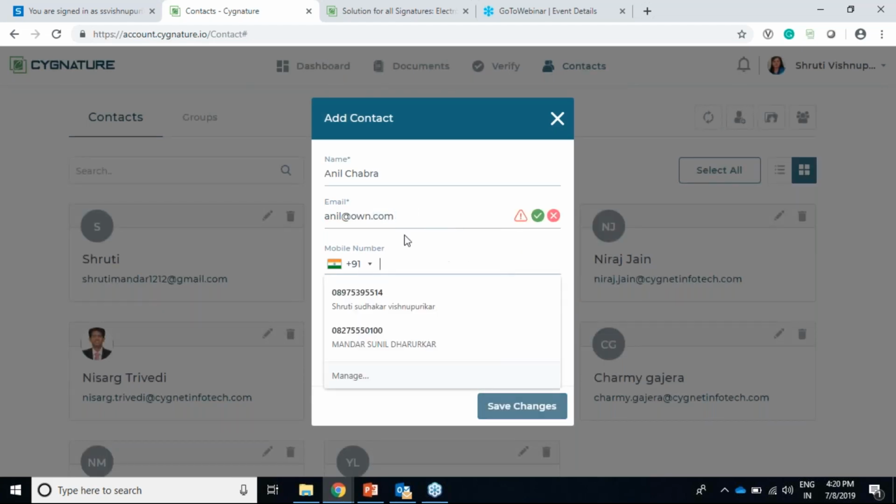Yeah, so it won't accept a mail ID with a domain which is a disposable email address. So it won't accept any email address which has these type of domains. It should have a valid domain only, let's say like this.